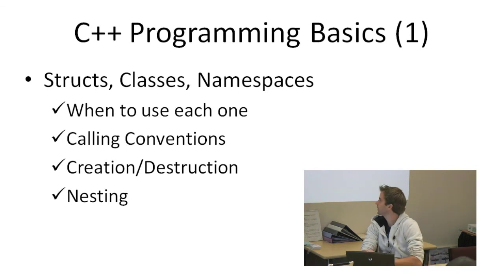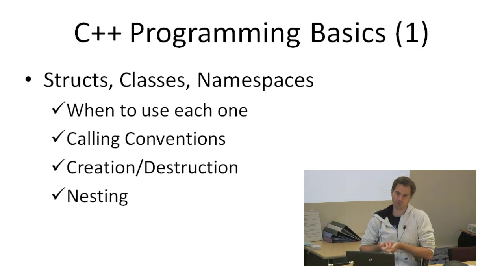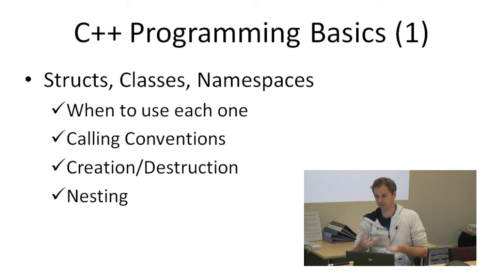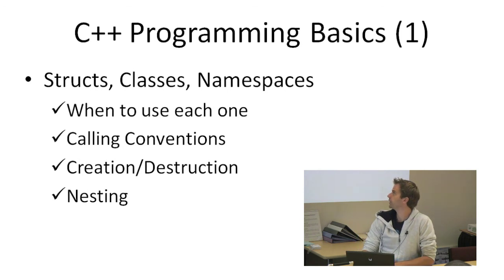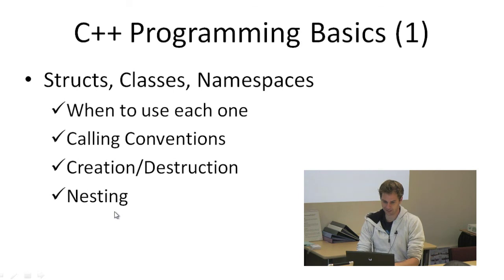And so the last thing we covered, we've looked at when to use each one. Structs, typically, we just have data, we don't have any methods which do anything. So we want to describe something, but we don't want that thing to do anything. Classes are like structs, but they have methods, so they actually do stuff. And namespaces we use to group stuff together. And we can nest,